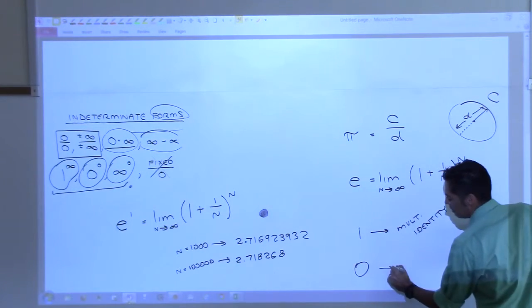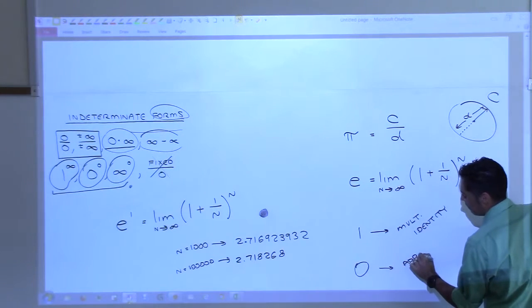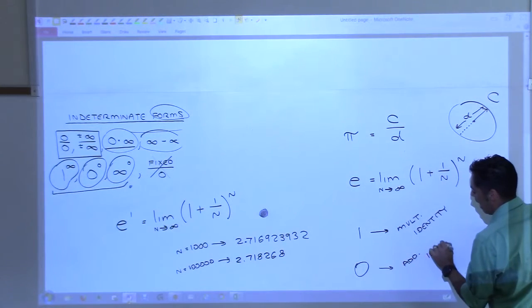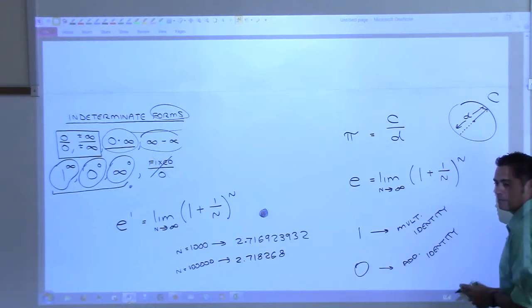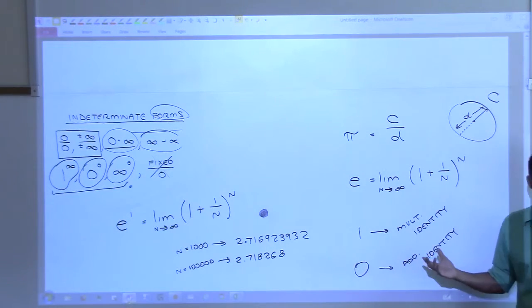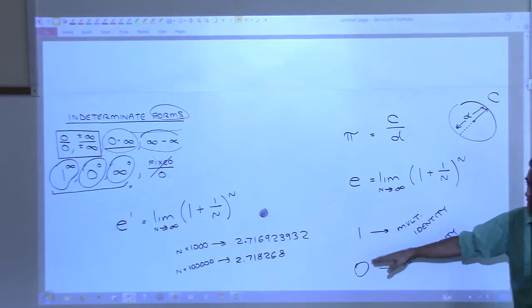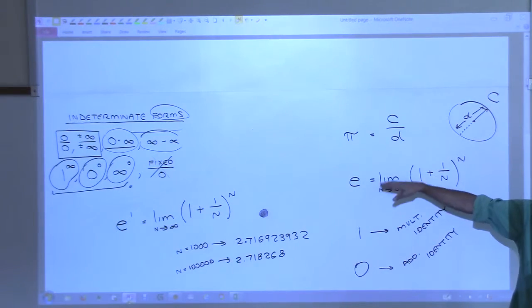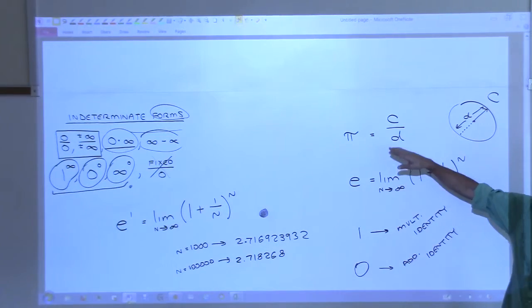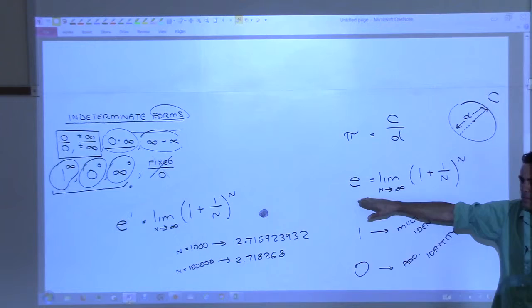And this one is called the additive identity. Because when you add 0 to anything, nothing happens, right? 4 plus 0 is still 4. These two numbers are really, really important. These two numbers you've seen in your life as being important. You've been told, you know this is important. You've been told this is important, right?